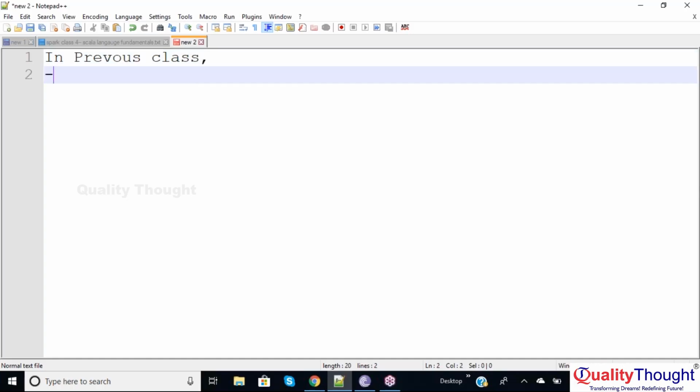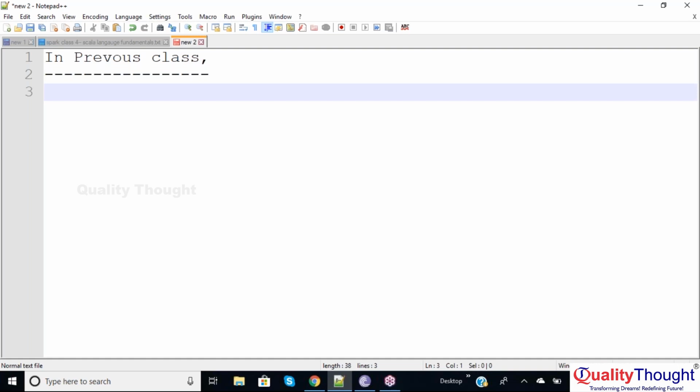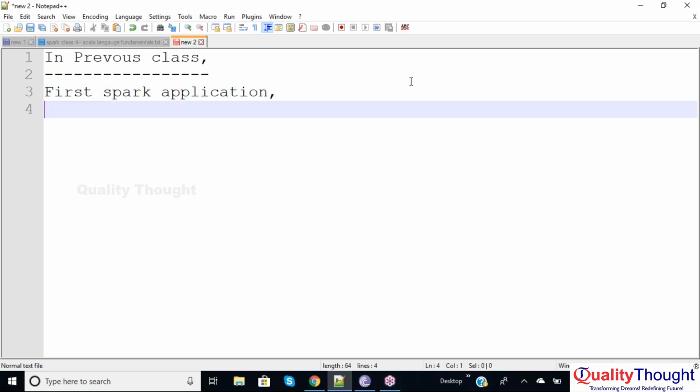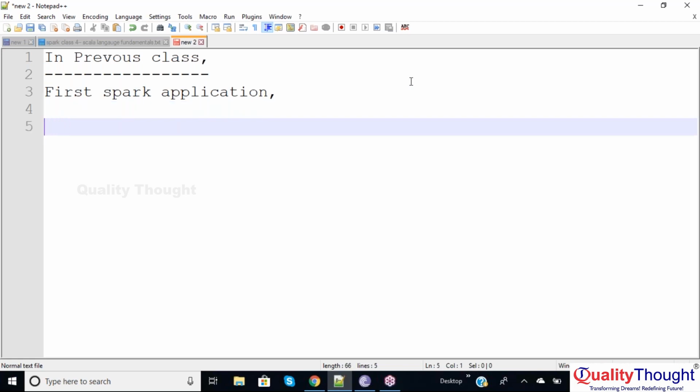We discussed first Spark application, right? In the previous class, we discussed first Spark application, and we developed it in IDE, right? Spark applications we can implement in